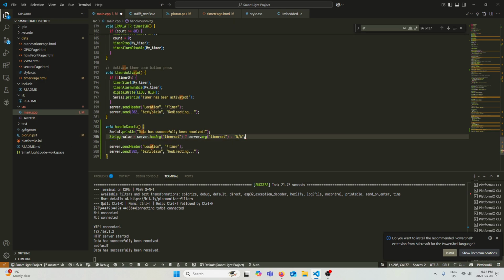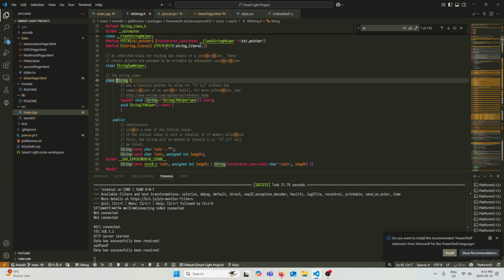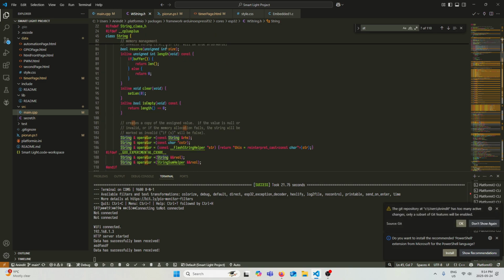Yeah, so there's a couple of problems here. Number one, can I do this? No, I can't do that. It has to be W string type. Okay, so is there a way to convert this to an integer?